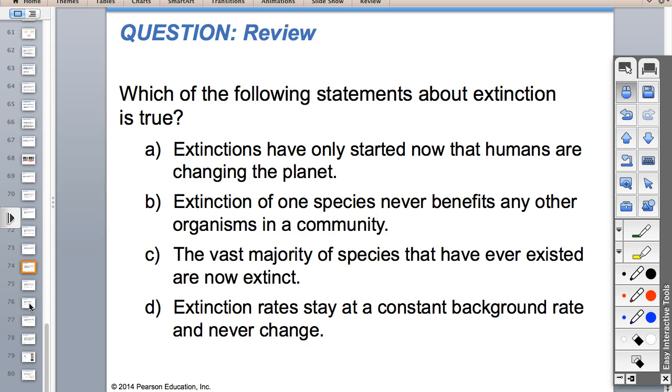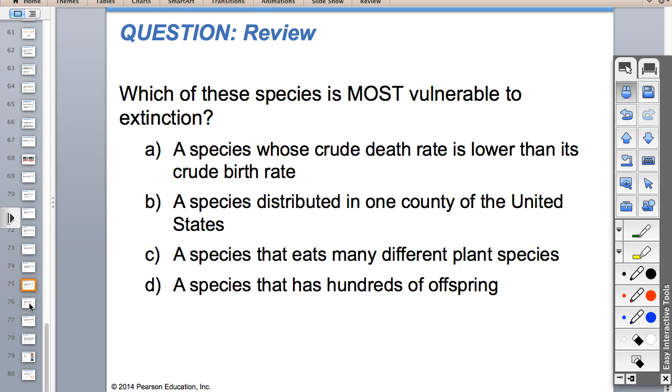Alright, so this one looks very similar to some things on the test, so let's try this one too. All right. Some early agreements. Looking strong. Okay, so C, the vast majority of species that I've ever... Yeah, yep, that's it. And next, the reason I'm taking these slowly and giving you time, like I said, is that these look similar to the test. Which of these species is most vulnerable to extinction? I think this is maybe the last one and the next one is the last one.